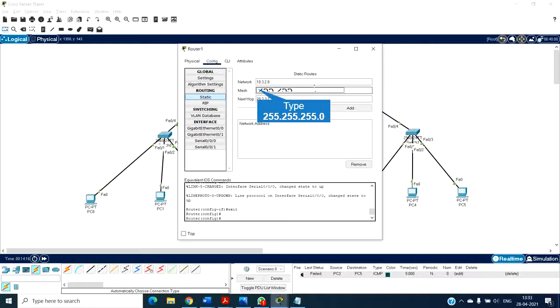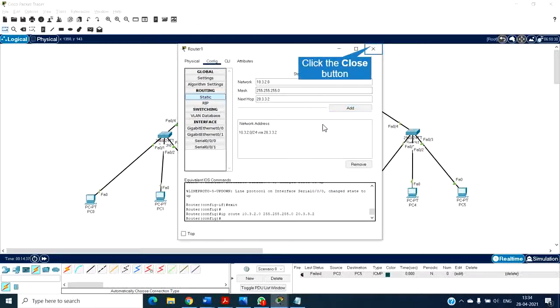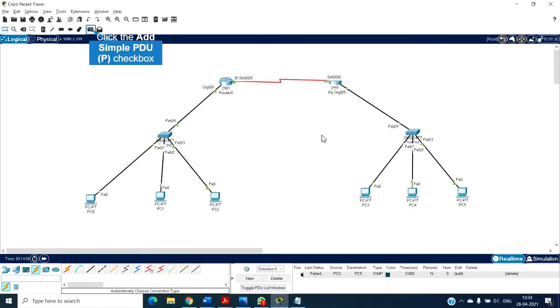So in order to allow a router to allow both class A and class C together, my octet should be a class C octet. Okay, I hope I made the point clear there. This is a class A network, this is a class C network. My router here should have the capability to accept class A as well as class C packets together. That's the reason we are giving a subnet mask which will allow class A as well as class C altogether. Okay, now let's see the packet.